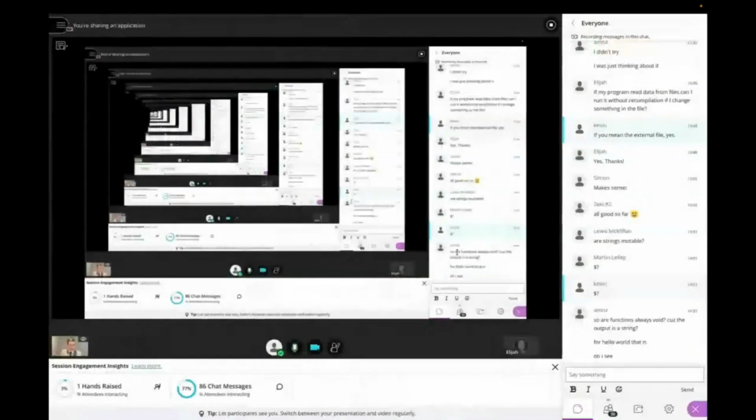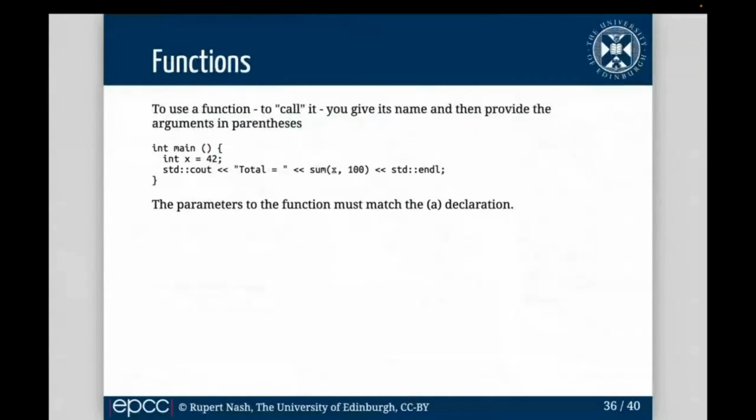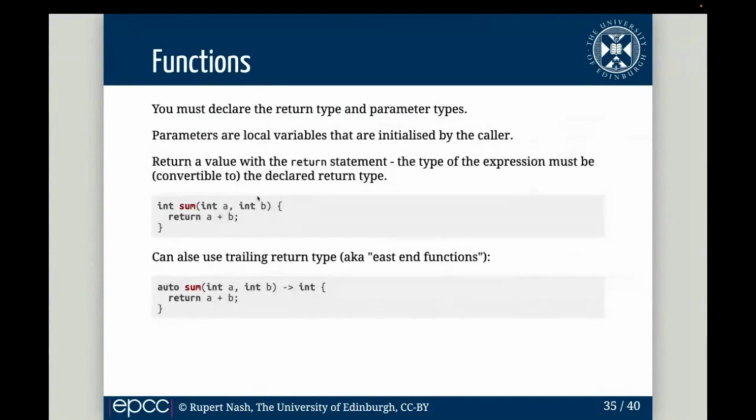Of course, as it says at the end, they have to match the declaration. In other words, if you say that your function sum declared here receives two integers and you try to send an integer and a string, it will complain. There might be some implicit conversion of types,